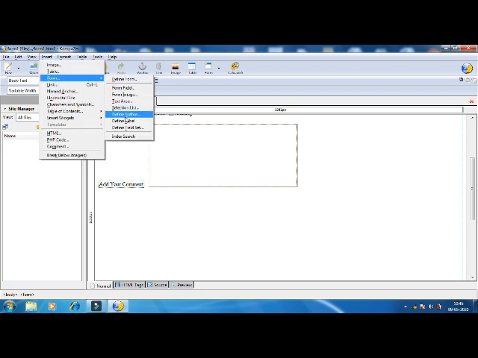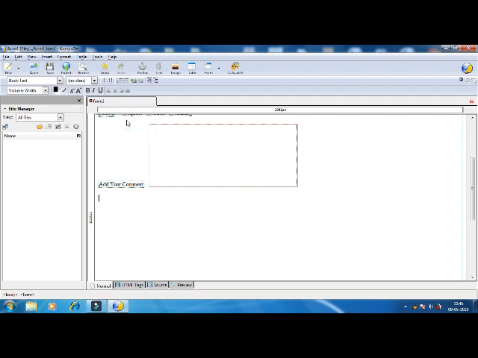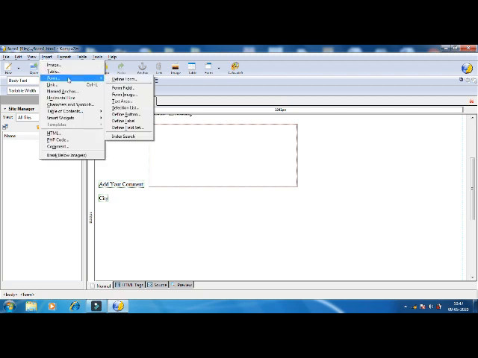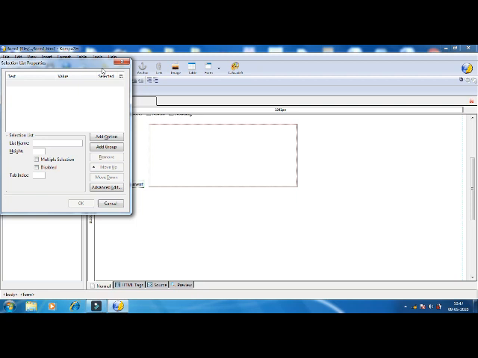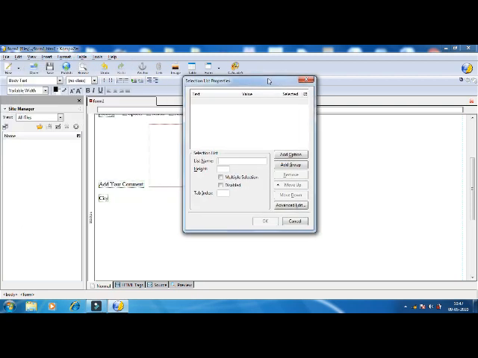Now the next field is city. The label we are giving is city, and the element that we are going to insert is a select button, a selection list. Here the list name we are giving as city. Now add option; here we can add as many options as we want. The first option that we are giving is Ahmedabad.